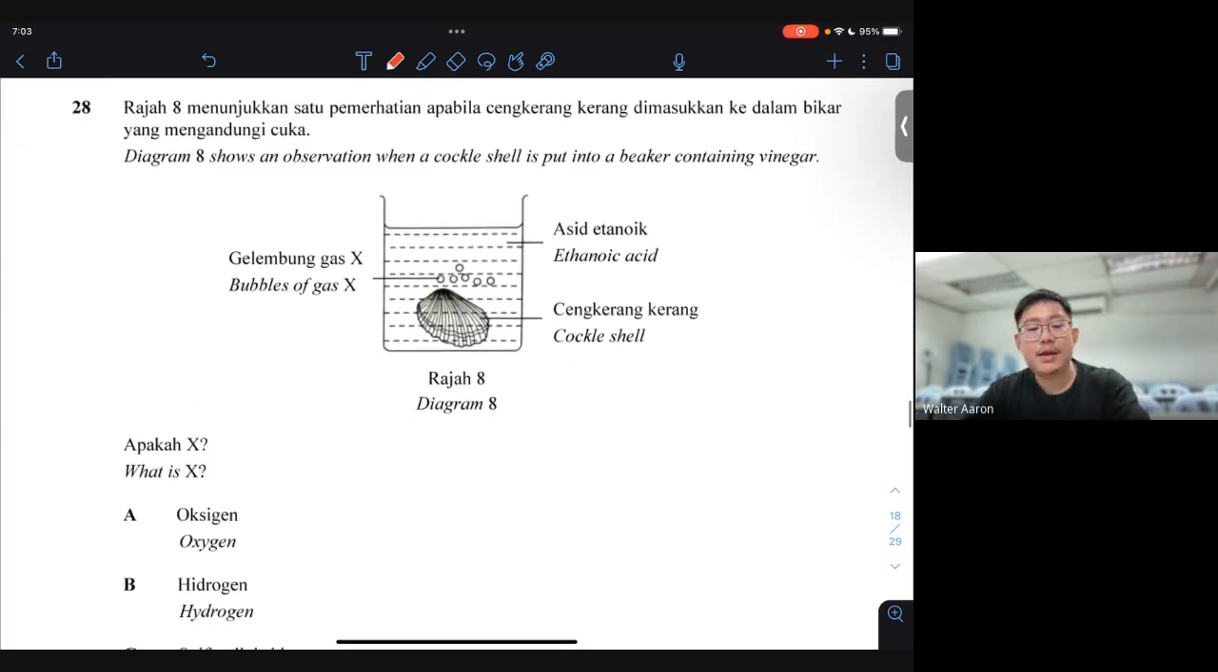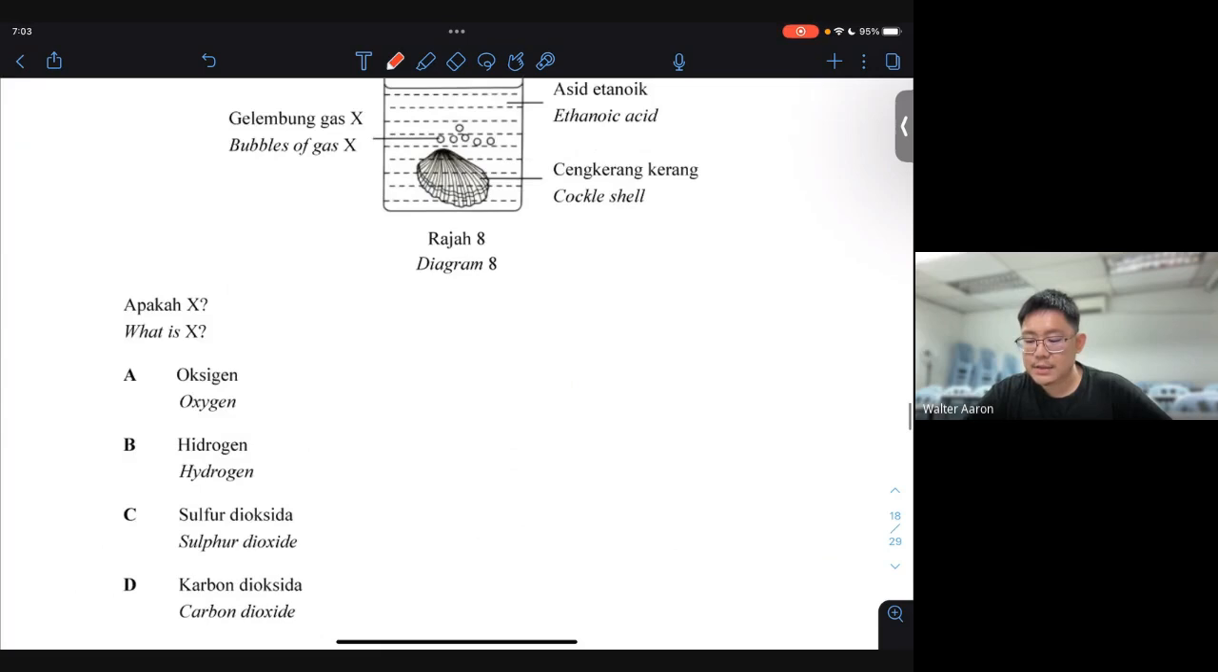For 28, diagram 8 shows an observation when the cockle shell is put into a beaker containing vinegar. The bubbles of gas is produced inside ethanoic acid. So what is X? So usually in the shell of shellfish or any seafood, it contains calcium carbonate, right? So calcium carbonate reacts with ethanoic acid, which is technically CH3COOH. Then what will happen is